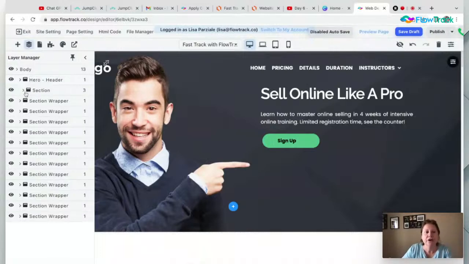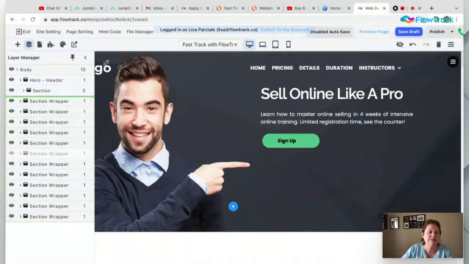But inside that hero header, I have a section inside that section, so you can see how quickly it would take a long time for you to figure out where everything is. But if you take a minute to do that, especially if you're building reusable templates, so that's the trick I'll tell you. If you want to build these so you can resell them, you want to label everything, because that way when you want to move something, you go, oh, there's that. I click on it. I can actually move